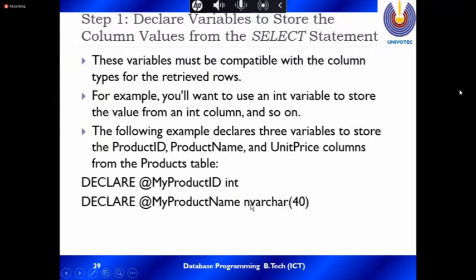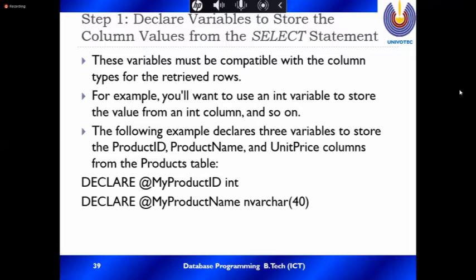Then declare @MyProductName varchar 40. You can check in the table also, the varchar is 40. It accommodates 40 characters, 40 letters. Space is also a character.